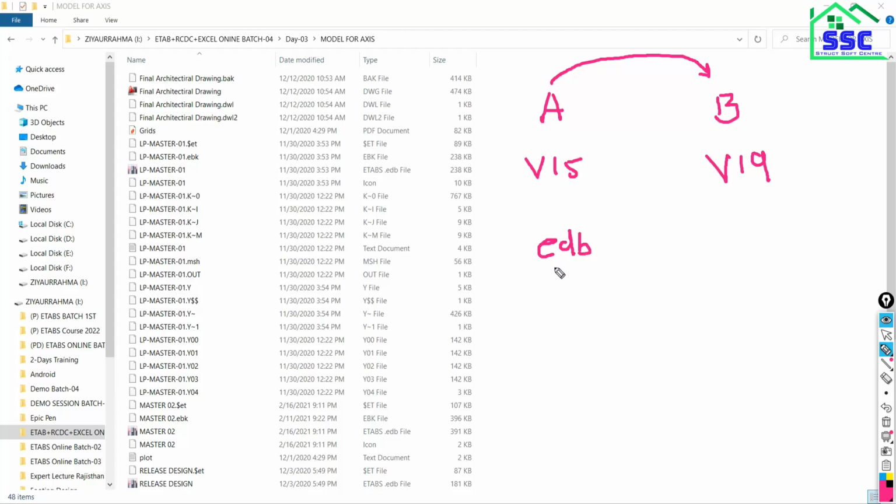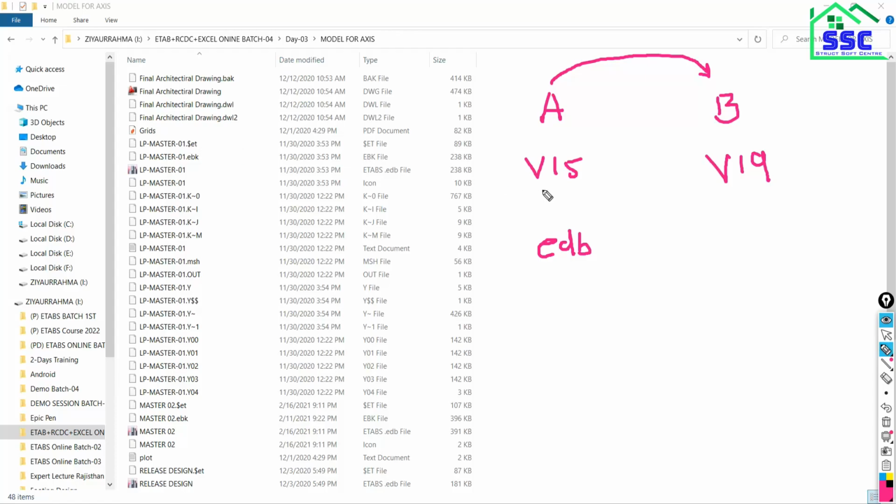When person B gets this file and tries to open it, he will not be able to use it because it is the model file, and a lower version file cannot be opened in the higher version. So in that situation, what do we need to do? We have to share the $et file.